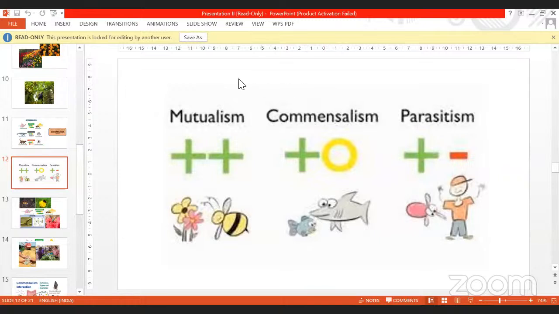Right. You can think of examples of parasitism, commensalism, and mutualism, different examples, and show whether they are, or you can think of everyday examples and see in which group they fall, whether it is mutualism, commensalism, or parasitism, and conclude from that which shows most harmony amongst the interacting elements.